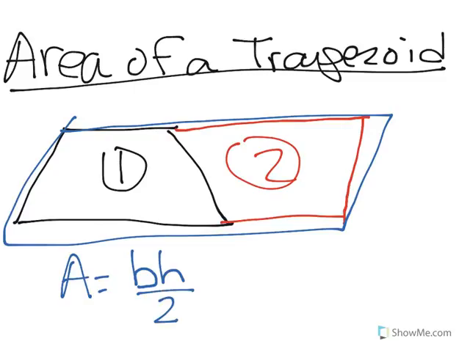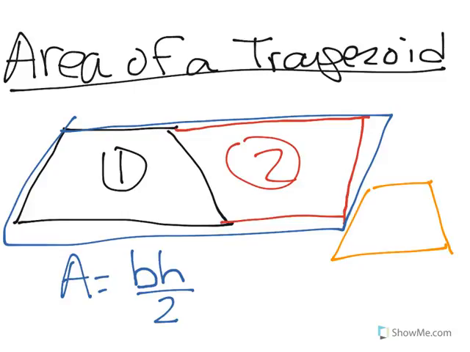Now, here's the difference. Notice it's base times height divided by 2. That's also the same formula as a triangle. What's different is that a trapezoid has 2 bases. That is the difference. Okay, so if I drew another trapezoid,